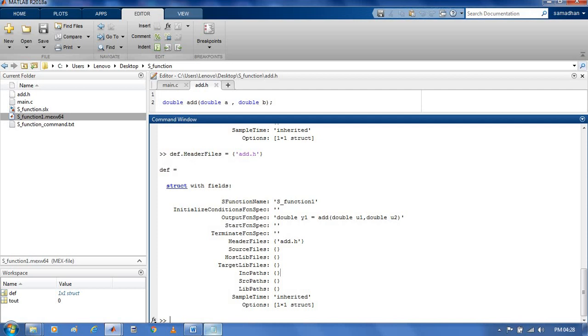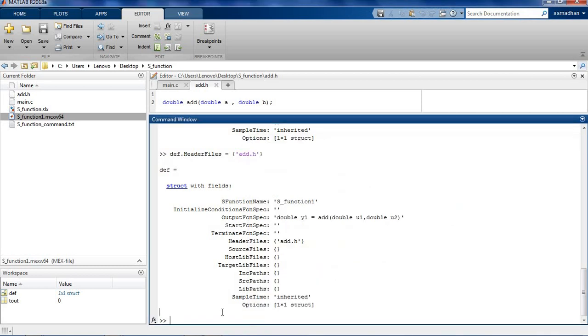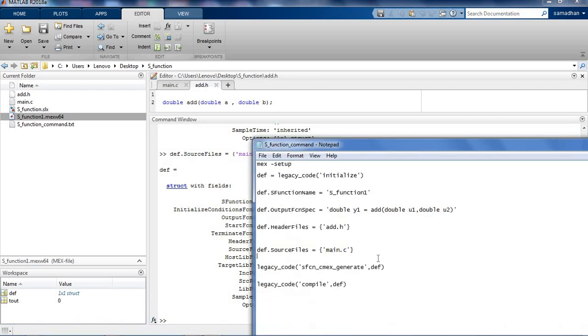Then I need to add the source file next. So my source file is main.c. So the command is def.SourceFiles equals open curly bracket main.c. Main.c is added. Then the next command is to generate S function.